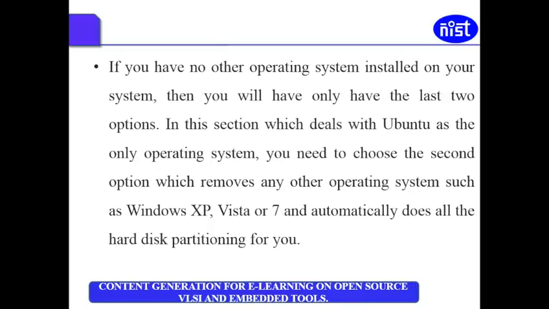If you have no other operating system installed on your system, then you will have the last two options. In this selection, which deals with Ubuntu as the only operating system, you need to choose the second option, which removes any other operating system such as Windows XP, Vista, Windows 8, Windows 7, whatever. It automatically does the hard disk partition for you.